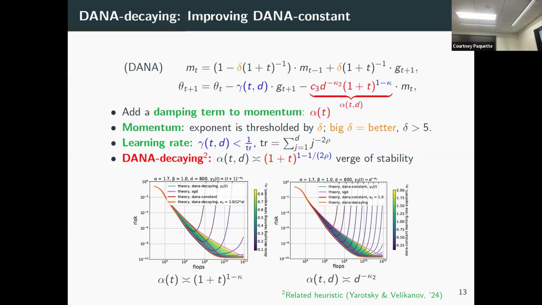So run and then it will diverge, run and diverge, etc. If you choose it too large, which means that you're being more stable, then it gets worse performance. Same thing here. If you choose 1 plus t to the 1 minus kappa, you change your kappa. If you choose your kappa to be too aggressive, it will go and then diverge. If it's not as aggressive, you get slightly worse, eventually becoming SGD.